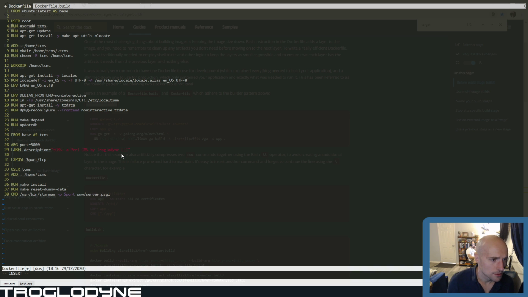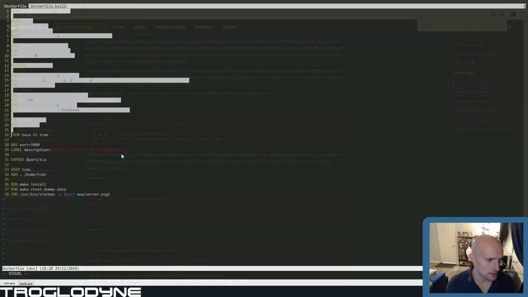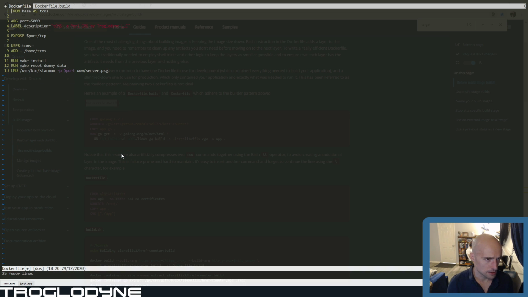And I don't even need to copy all of home/tcms, all this stuff, to there. So what I could do is ./makefile, because I think that's the only thing I actually need. Yeah, that I believe is the only thing I'm going to need. So we'll put the makefile there and see how that works. And then put this all into the Dockerfile.build, and then have everything inside of this other